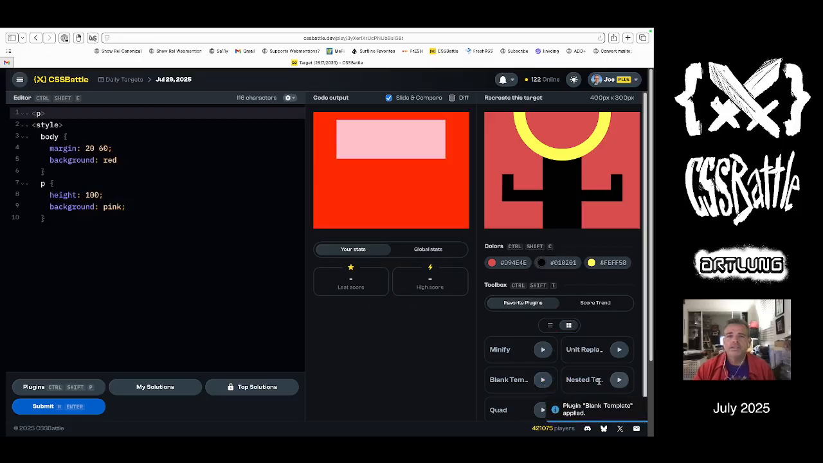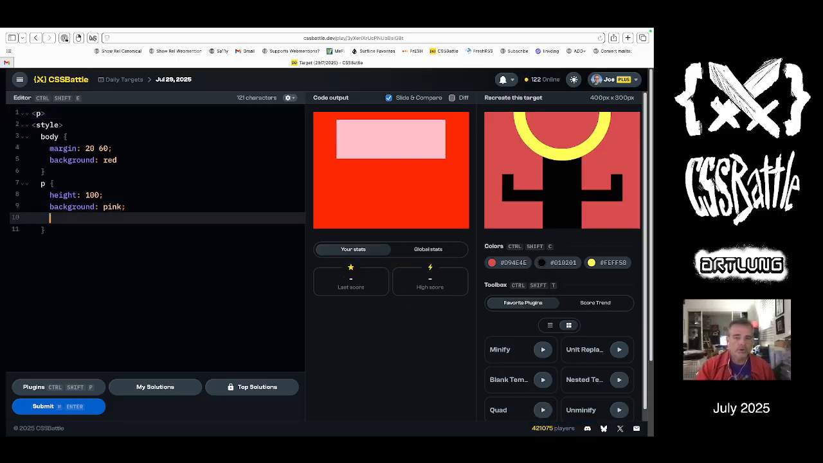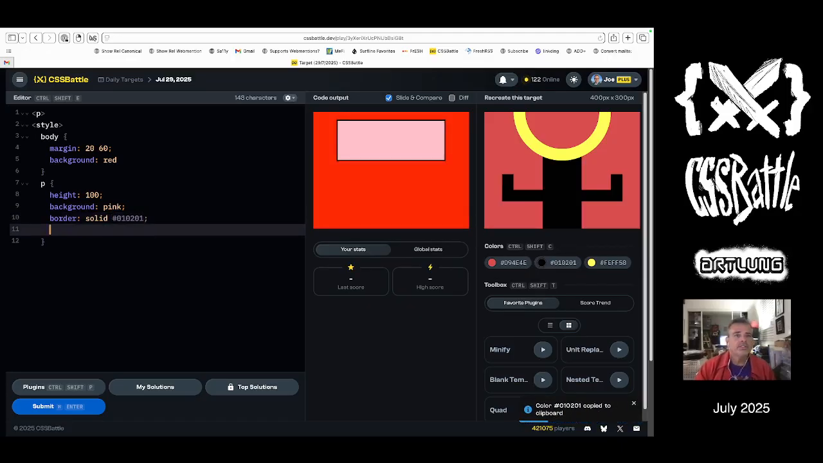All right, let's go blank template, which is a paragraph tag as the main figure, and then the rest of it is a background. And I think what I'm looking at is a border of solid, and is it pure black? No, pure black would be #000000, and this is #010201. So let's go ahead and copy that, and then you get a default border,